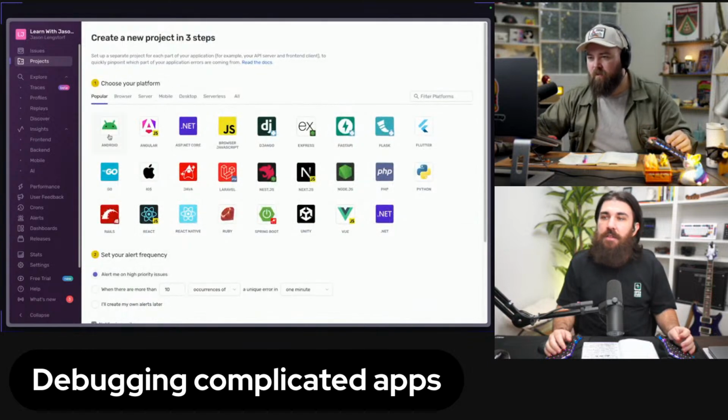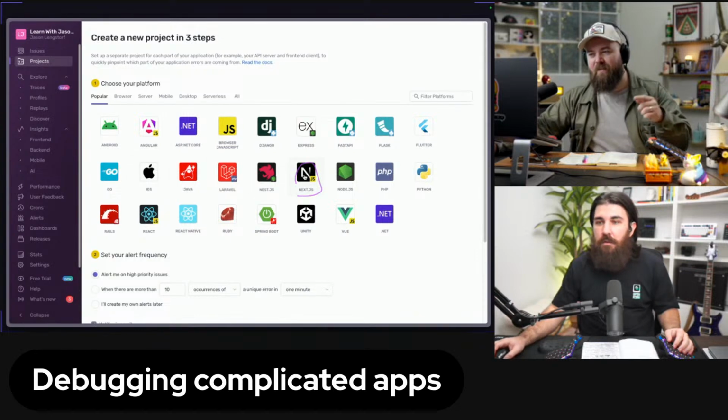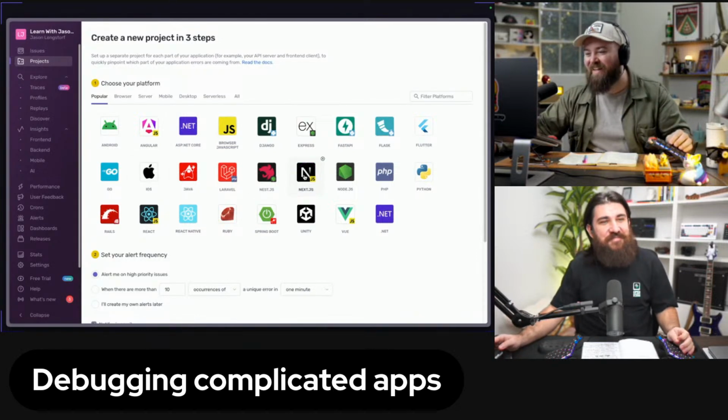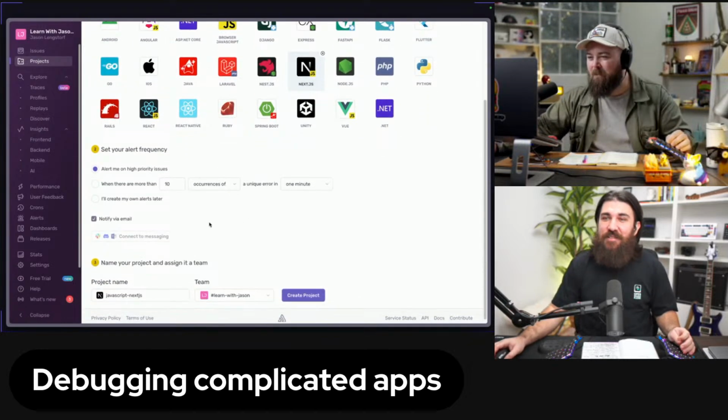And now let's create the Next.js one first. So we already have a Next.js. Am I looking right at it? Oh, here it is. Okay. See, I knew that this was going to be helpful. Yeah. Good suggestion. Yeah, so we're creating a project.